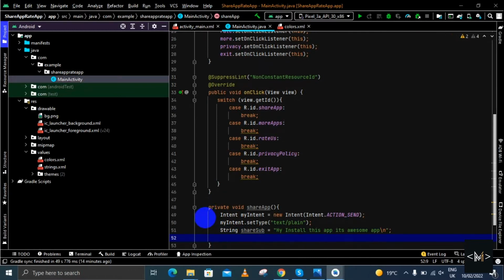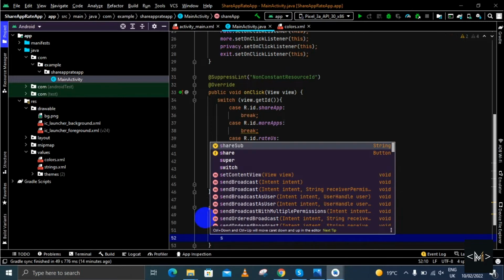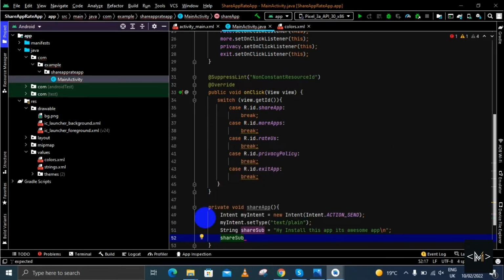Okay, next thing I will write the share sub plus equal, and then I will concatenate the link of the Play Store, that is https://play.google.com/store/apps/details?id= and then plus the application context of this app,